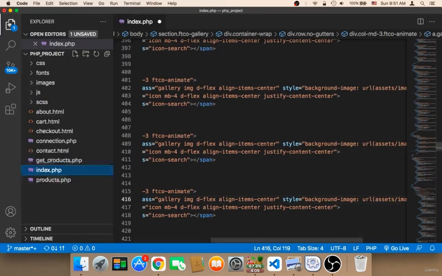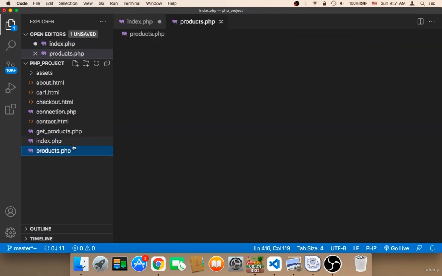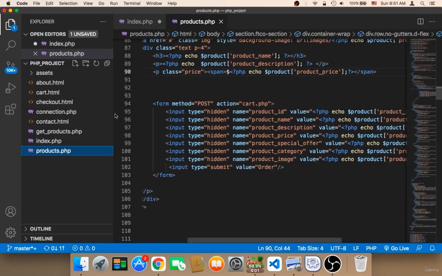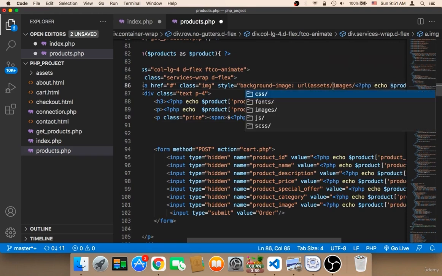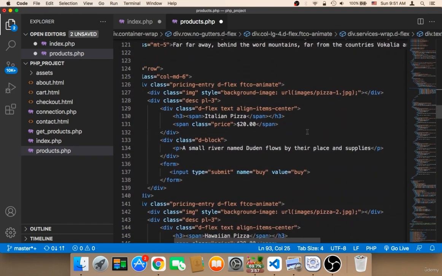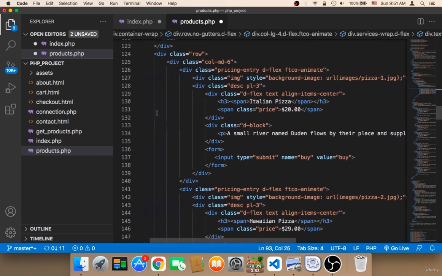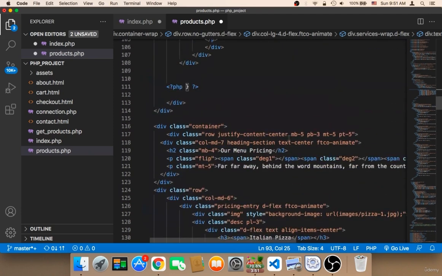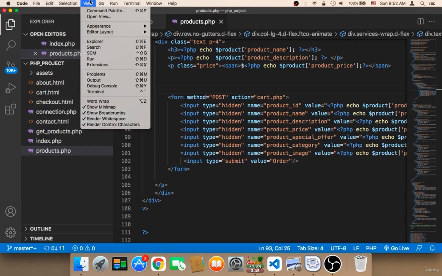Now let me check other files. So we are done with the index, but again, you need to make sure that you have changed the directory of all of these. Also in the products, let me open the products and make sure that the URL is assets. For example, here we need to say assets first, and then forward slash images. And we are done. We have these hard-coded images, but we shouldn't worry about them because we will get the data from the database here. Let me save, and let me open the terminal,